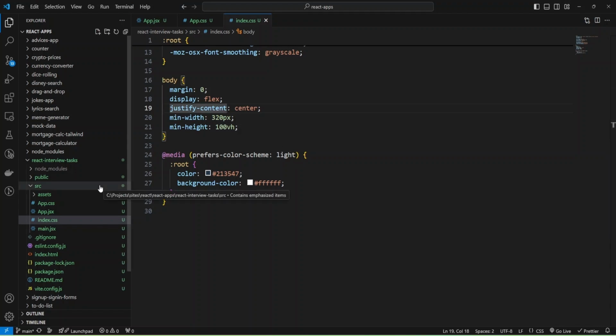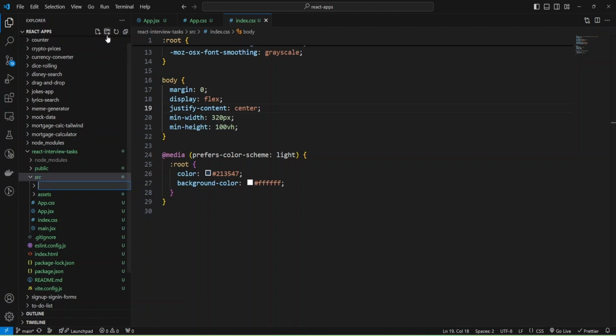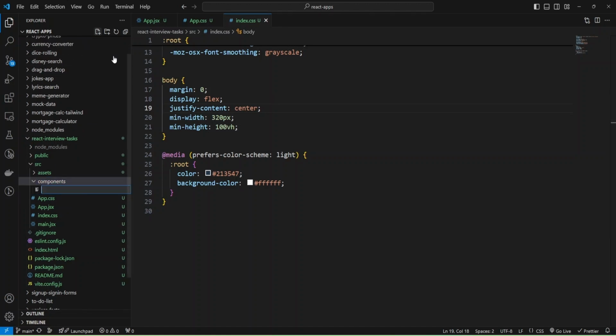Okay, and we have our header. And now I'm going to create a folder for components and we'll build every task as a separate component. Okay, and I'm going to add a new folder and create components. And the first component will be Counter.